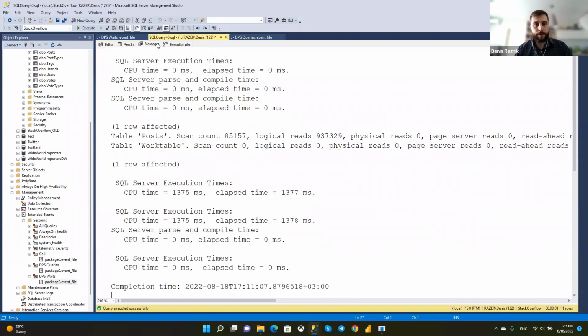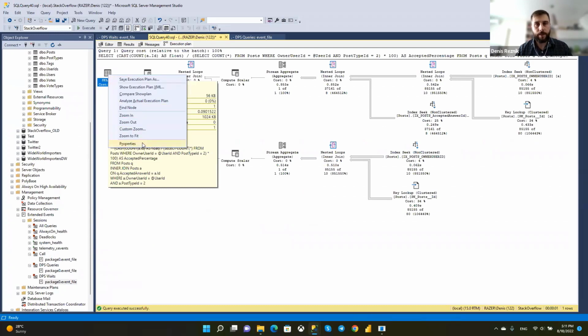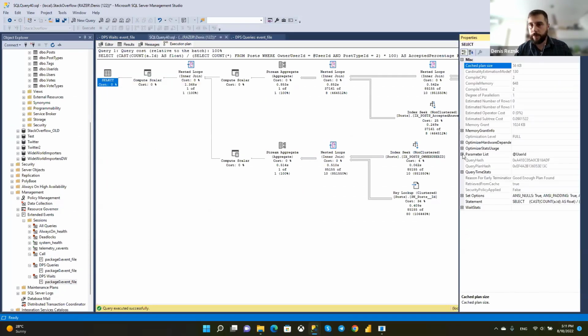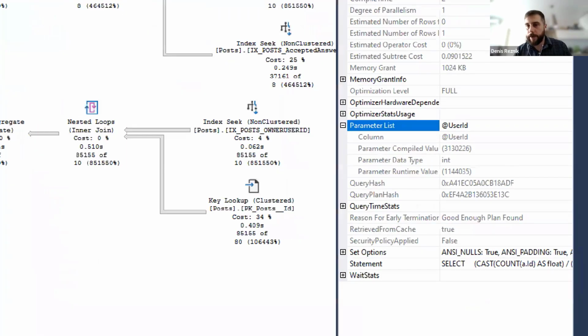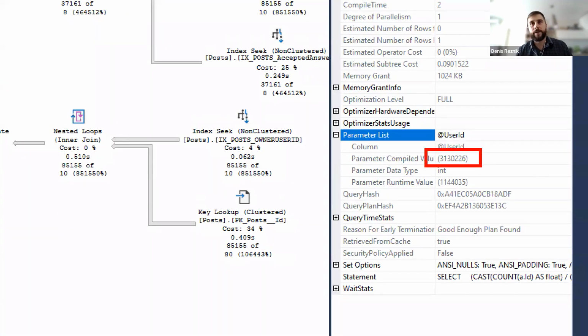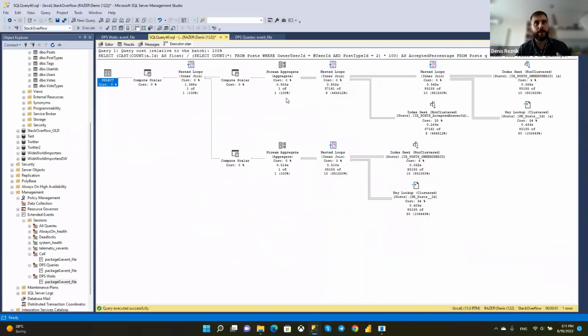And you see that it took 1.3 seconds CPU time and execution time. If we go to the properties, you will see that the parameter compiled value is this one, but the runtime value is different. And that is why it's choosing a plan which is not efficient for this query.